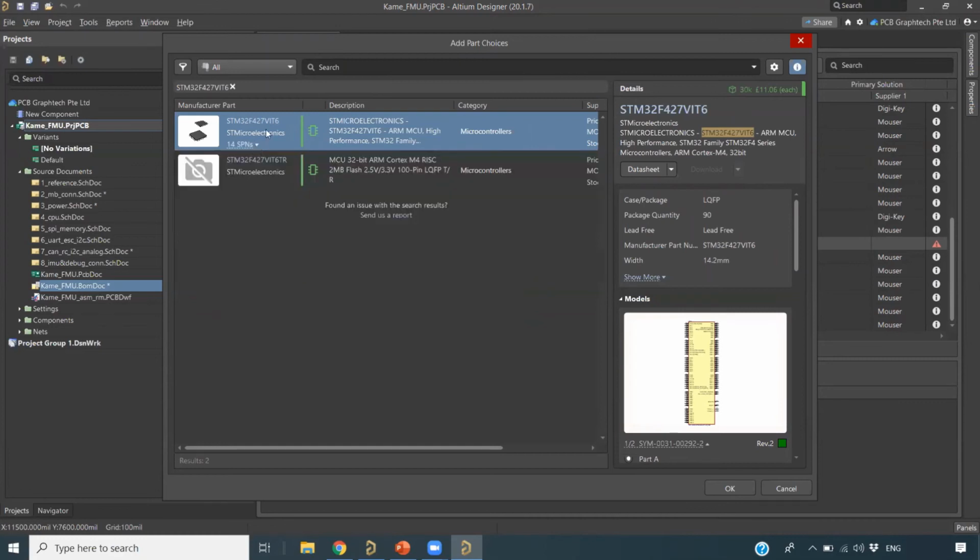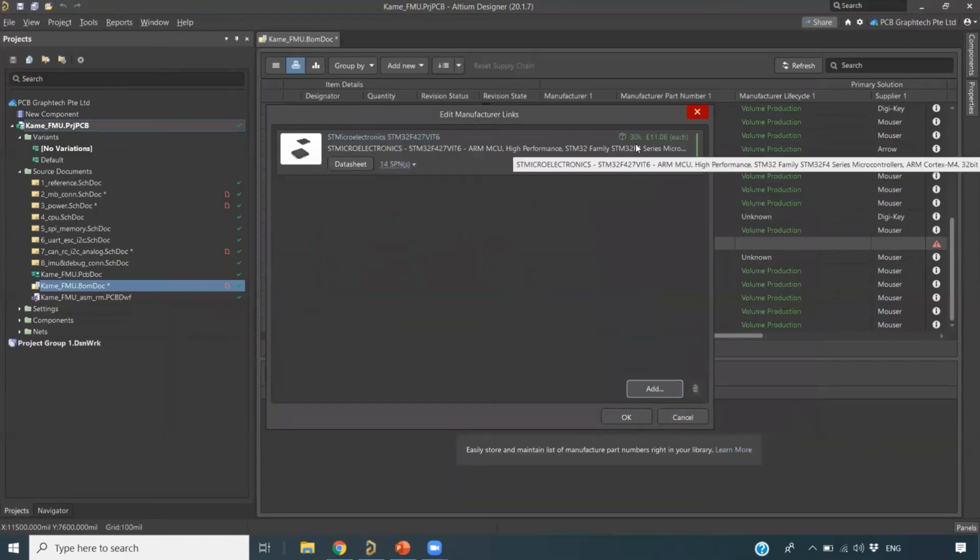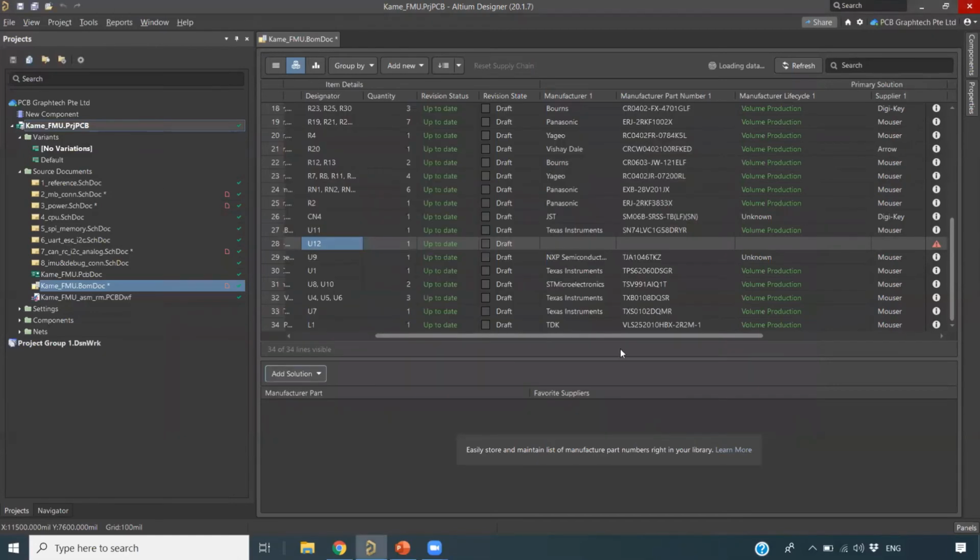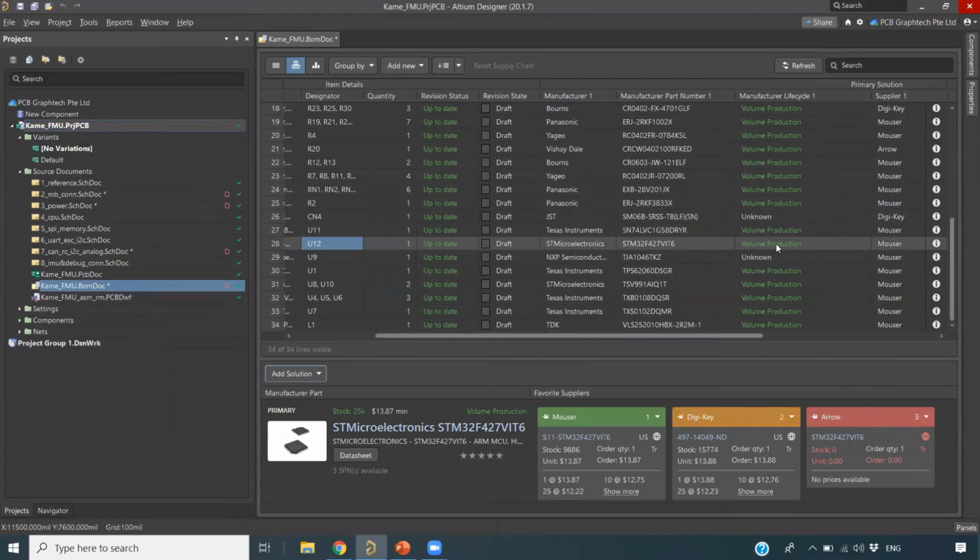And then I want to bring in this component. To bring this, I can just click OK. You will see the stock is available, and then I just give OK. So you can see the details here. Volume production is there, and you will see it's under information since there is no manufacturer part number. To clear this, what you can do is rank here. For example, I rank here, and automatically the information has been cleared. So you will get this information cleared. You can do it here.